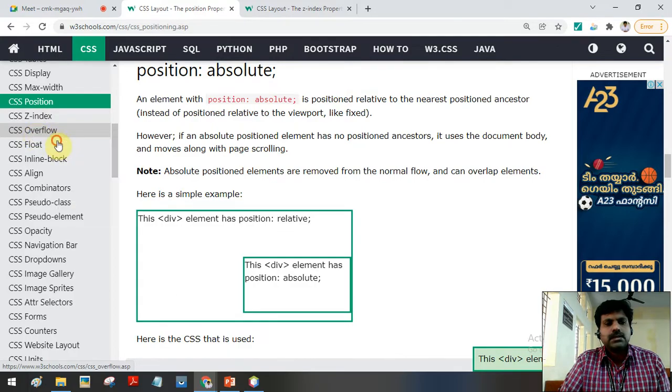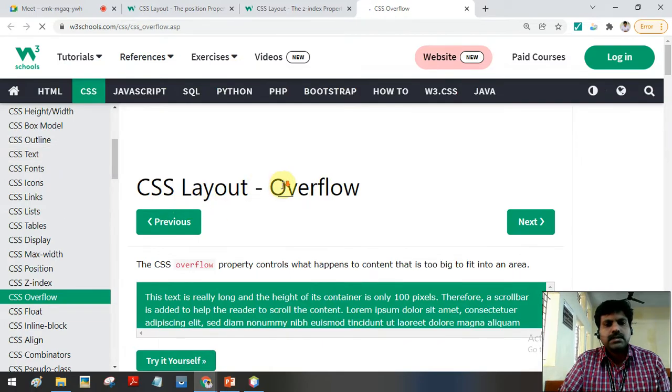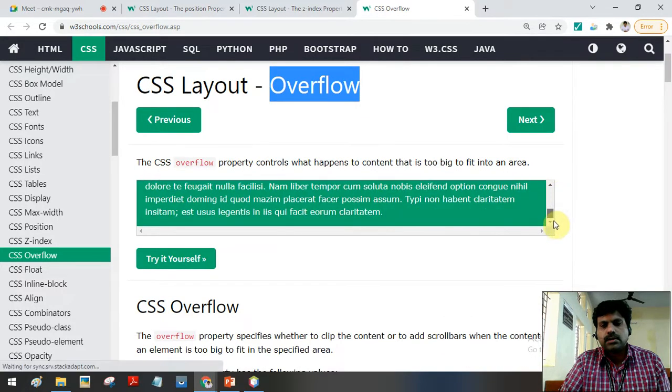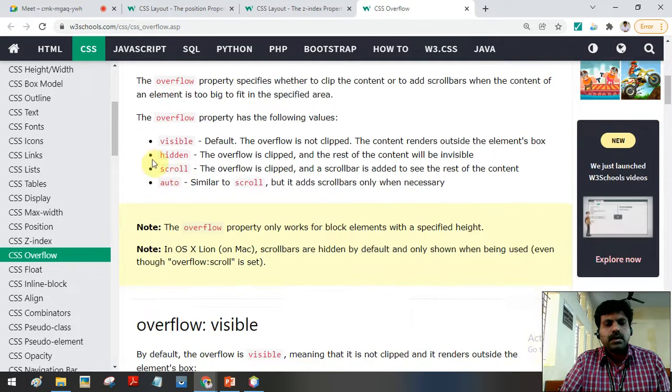Click this overflow and you can see the tutorial, CSS overflow property. Just now I discussed this, right? The scroll bar thing. Look at that scroll bar, this is called overflow scroll. And what are the values? Visible, hidden, scroll, auto. So these are the possible values of the overflow property. You can learn about this,